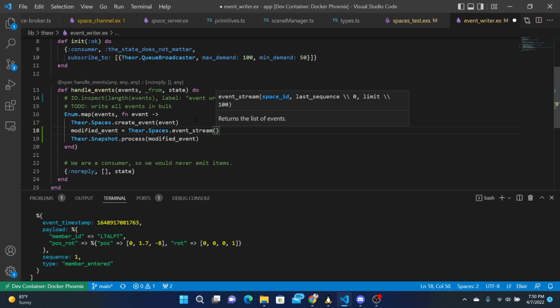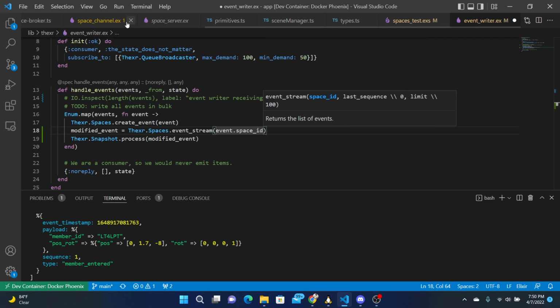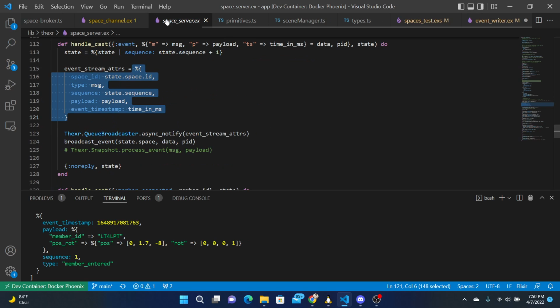Oh, I don't have the space ID. Oh, I can get it from the event, event space ID. In fact, I could just create this for